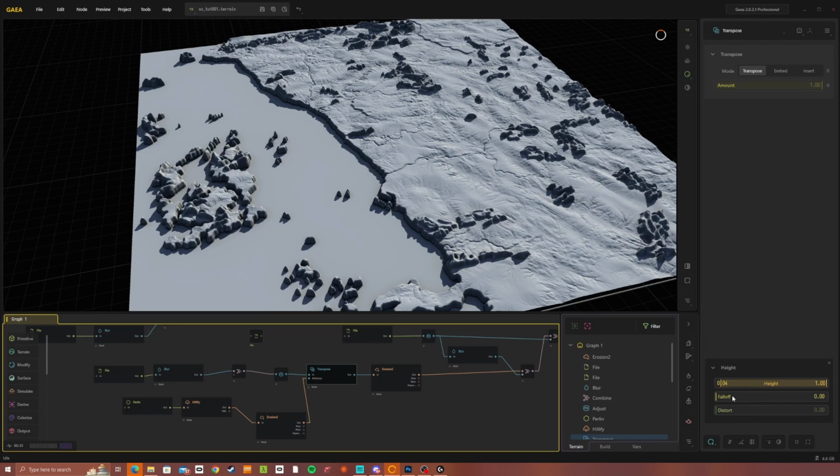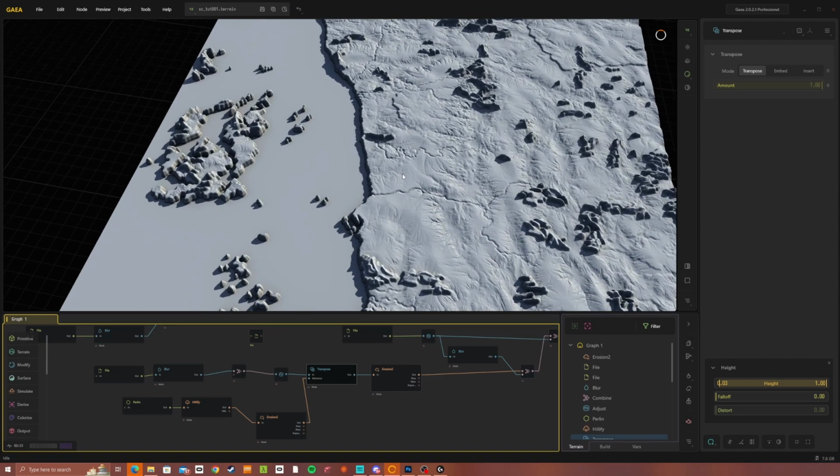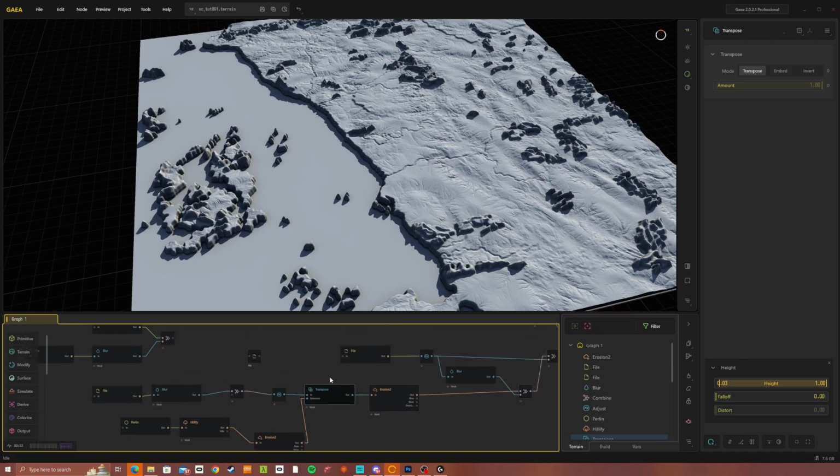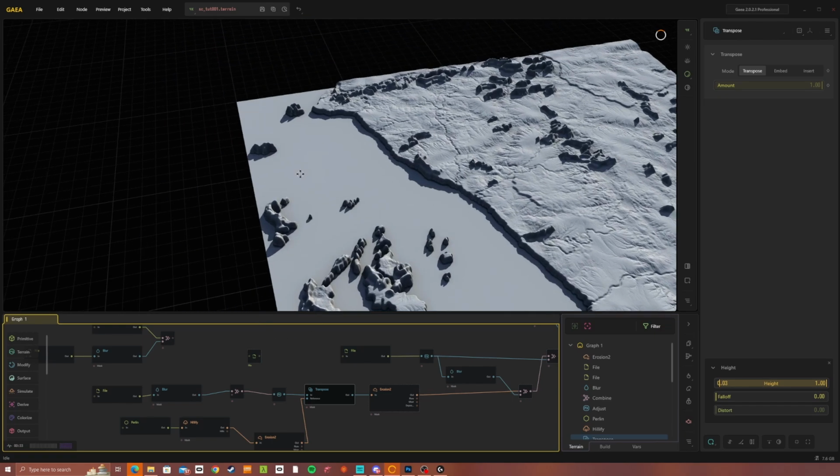By default, the fall off will be 0.15. We want to turn that right down to 0 and just nudge this up until you can see it disappear from affecting the sea. Yeah, okay. So the next step will be to go into the erosion node. But before I do that, I just want to take a look at the alternative